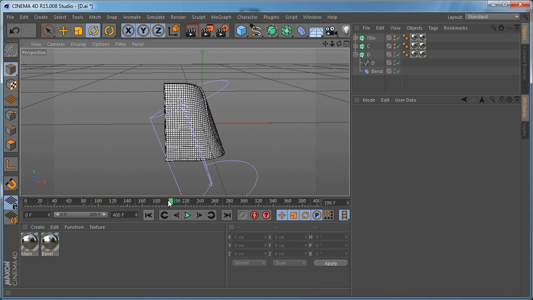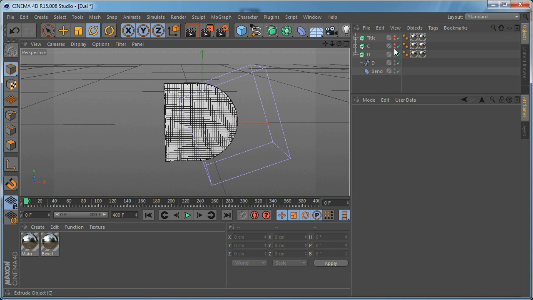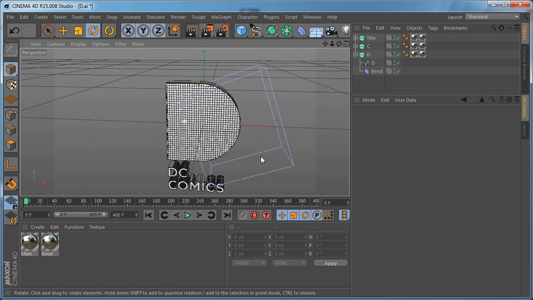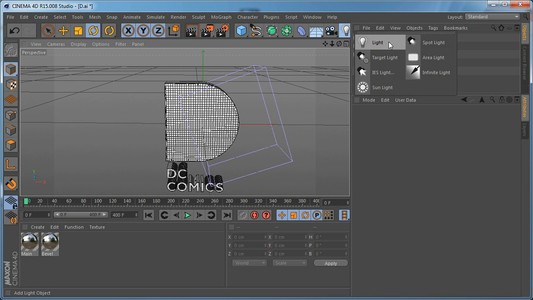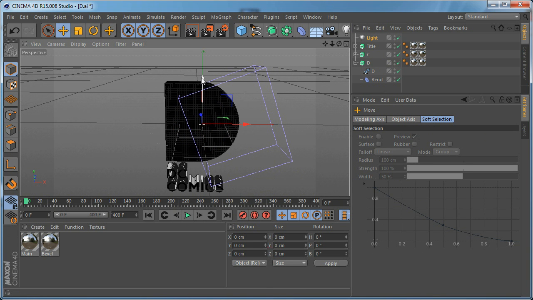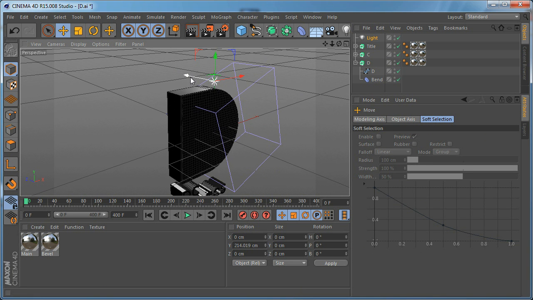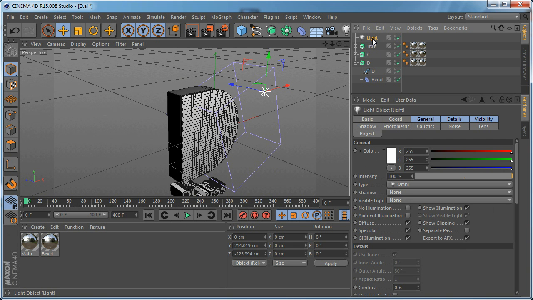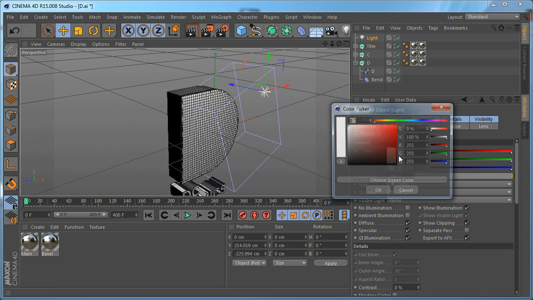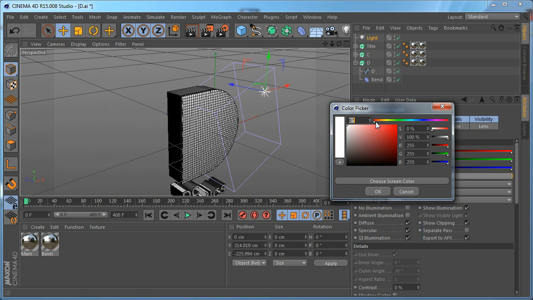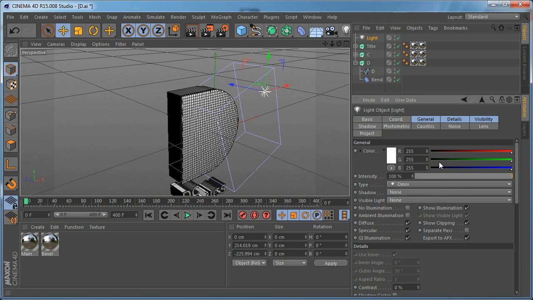Now let's start adding some lights into the scene. Let's turn on again the rest of the objects, and let's add just a simple omni light. This is going to be our first light, so let's move it here. Let's go to the light properties, and we want sort of a light blue color. Let's try to eyeball it to the first one I used, so something like that